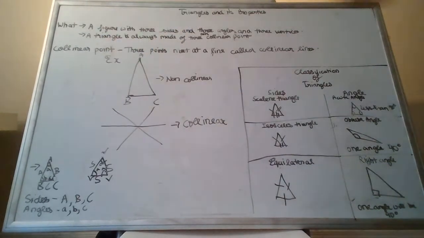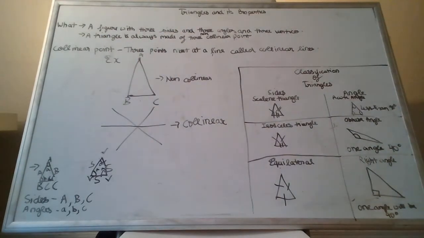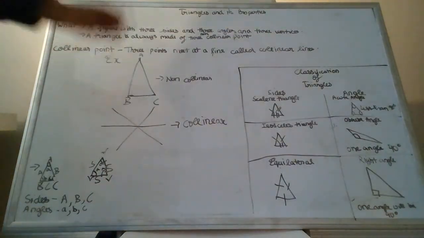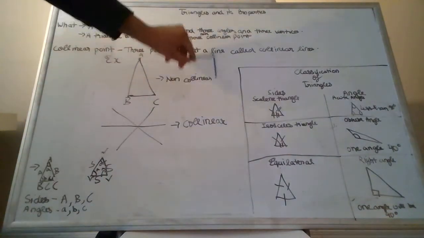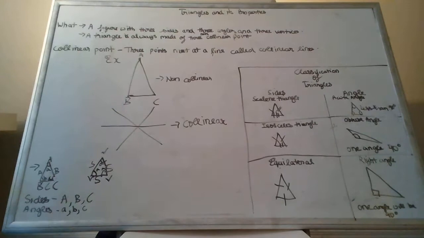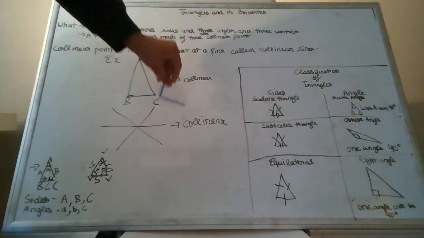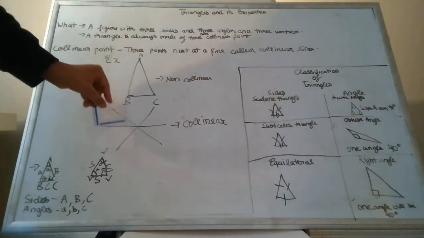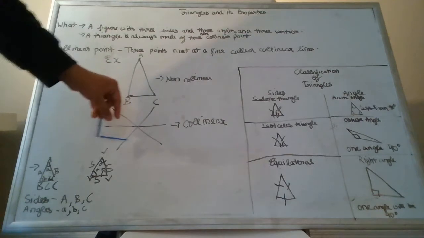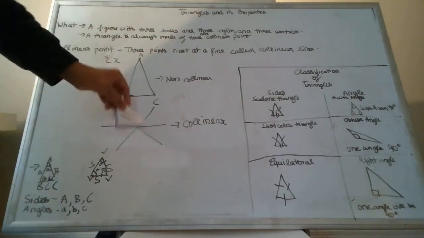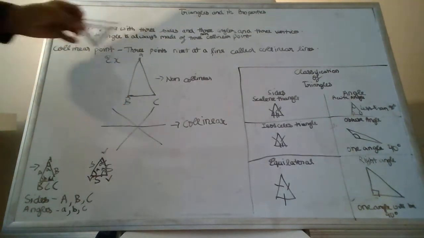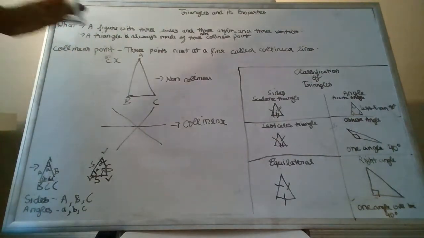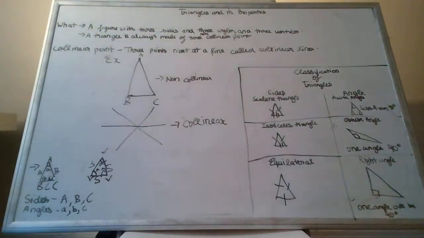Now let's look at an example. Here I gave you A, B and C. These A, B, C are non-collinear points because they are not in the same line, so they are able to form a triangle. Now this is a collinear line. This is the point of coincidence, where the three points meet. This is one point to remember.